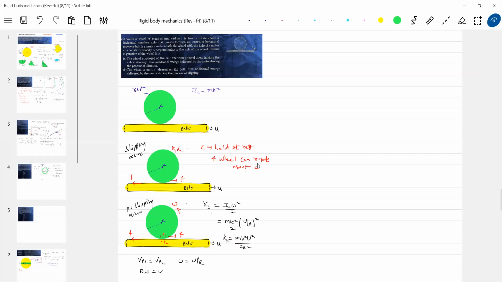No, let's get into one thing. The kinetic energy of the wheel got increased. From where will this energy come? And the velocity of the belt should be maintained constant. So therefore the motor should do work. How much work should it do? Twice of this one. So what is the work done by motor? The work done by motor should be equal to the increase in kinetic energy of the wheel and also to maintain the velocity of the belt. To increase kinetic energy we have that, but what is the work done to maintain velocity of the belt constant? How much friction does work on the wheel? That much the friction has to do work on the belt.